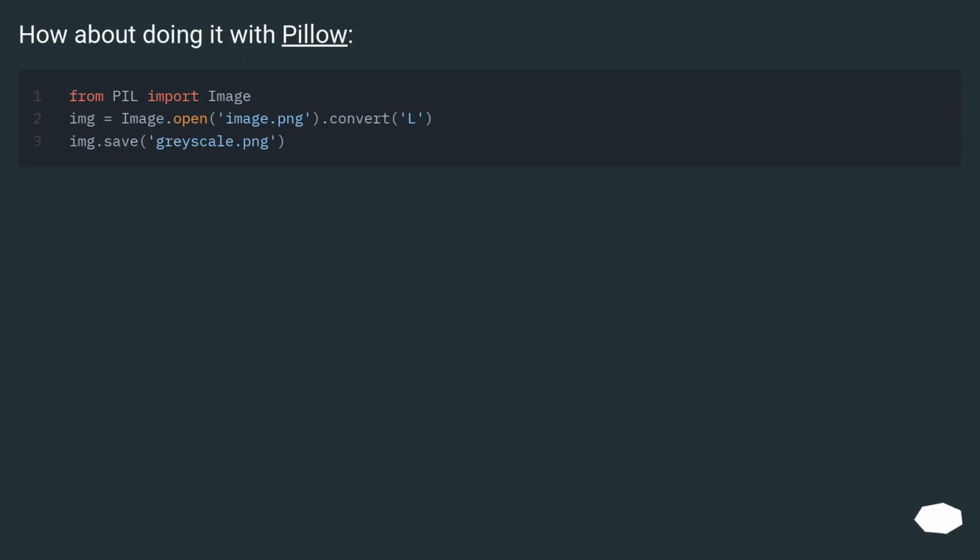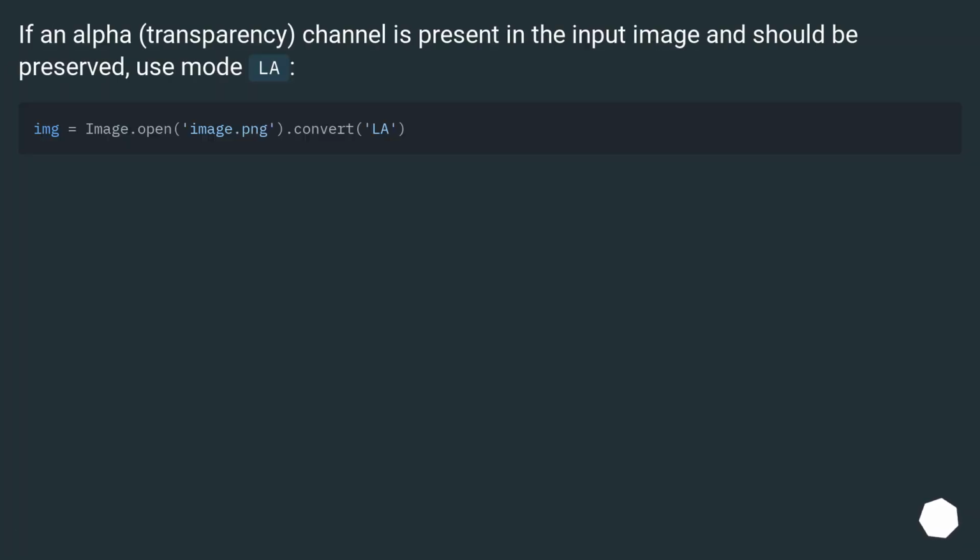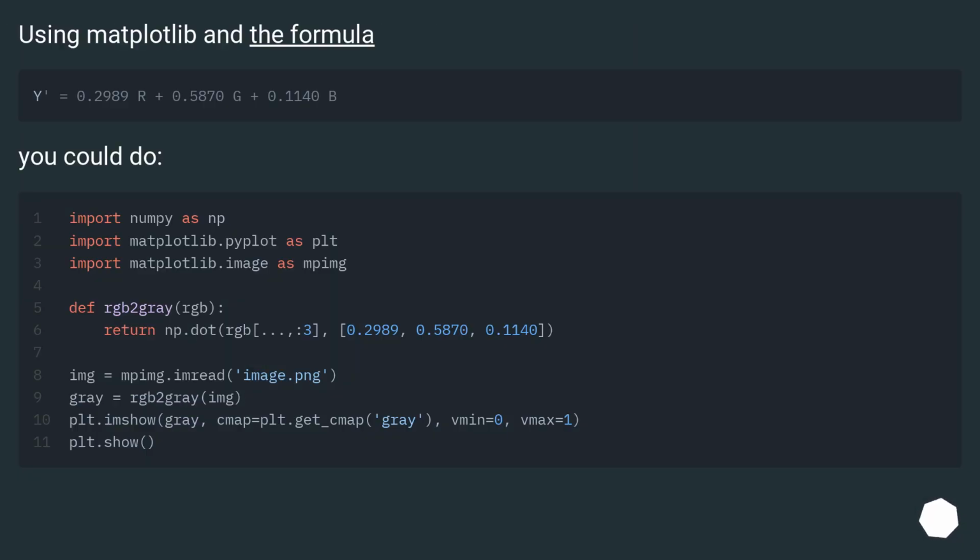How about doing it with Pillow? If an alpha transparency channel is present in the input image and should be preserved, use mode LA. Using matplotlib and the formula, you could do